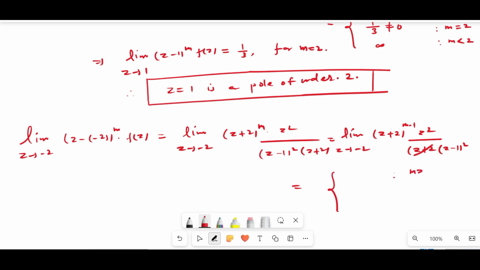If I take m greater than 1, the limit will be 0. If I take m equal to 1,